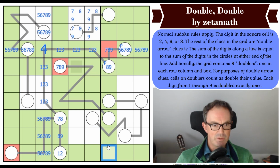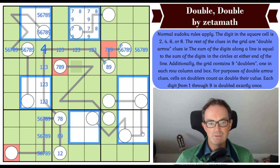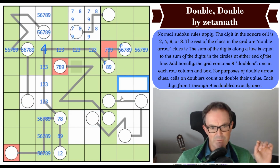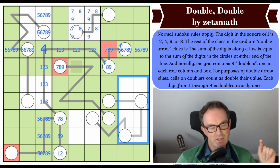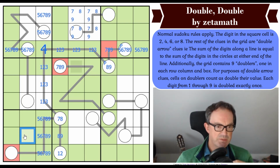That's got to be huge, hasn't it? So now we're very much limiting our doubler locations in 4 other boxes. No, all of them. They're all down to 2x2s. For some reason, this area looked like it wasn't that sort of nature, but it is. Now, this digit, I think, has to be... Oh, no. I was about to say it has to be a big number, but maybe it doesn't, because now it's getting...